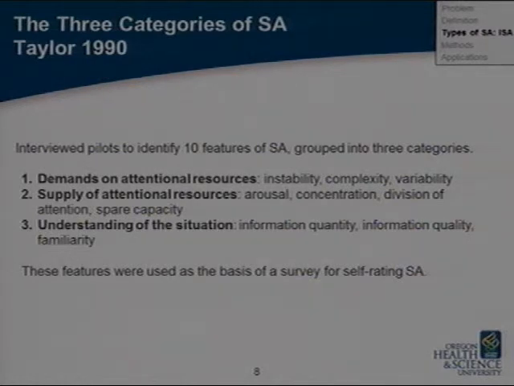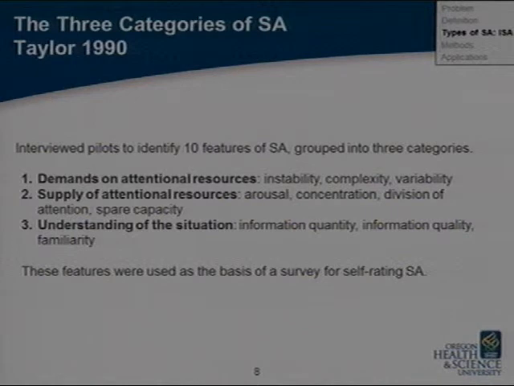One of the earlier researchers of this concept was Taylor. He developed something called the situational awareness rating technique. He started off with the U.S. Air Force's definition of the concept, in which situational awareness was knowledge about stuff around you. He took several scenarios, presented them to pilots and had them identify scenarios which were relevant to that concept. From this, he identified 14 categories related to situational awareness.